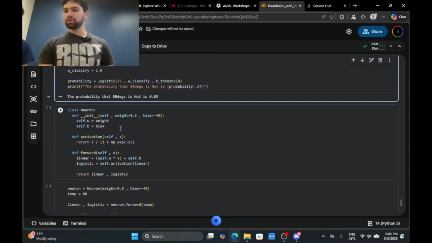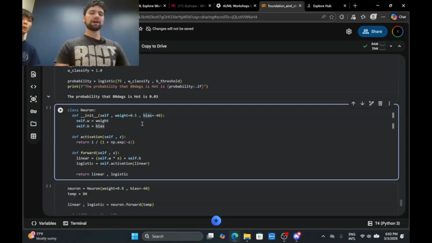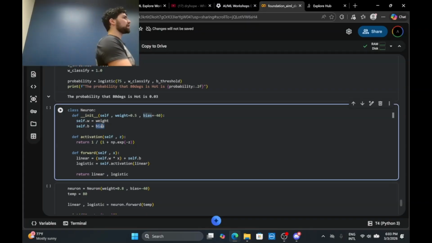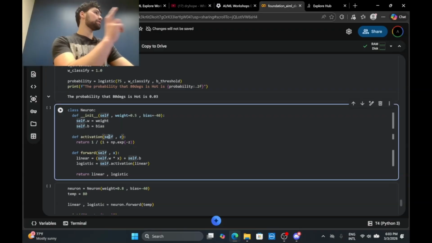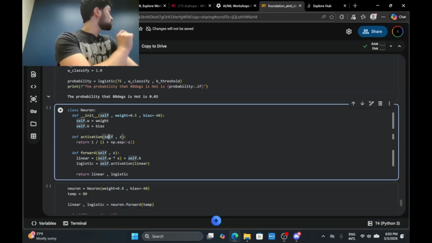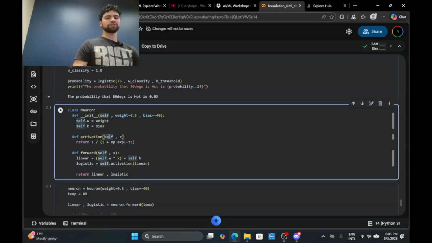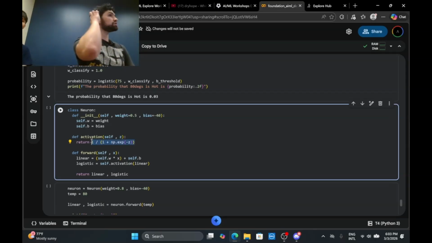So how would a neuron work? We have a list of weights, and then we have a bias. A bias would just be our y-intercept. And inside a neuron, we pass that linear regression through an activation function. Now, there's many activation functions. In this example, we have the sigmoid function to represent logistic regression.